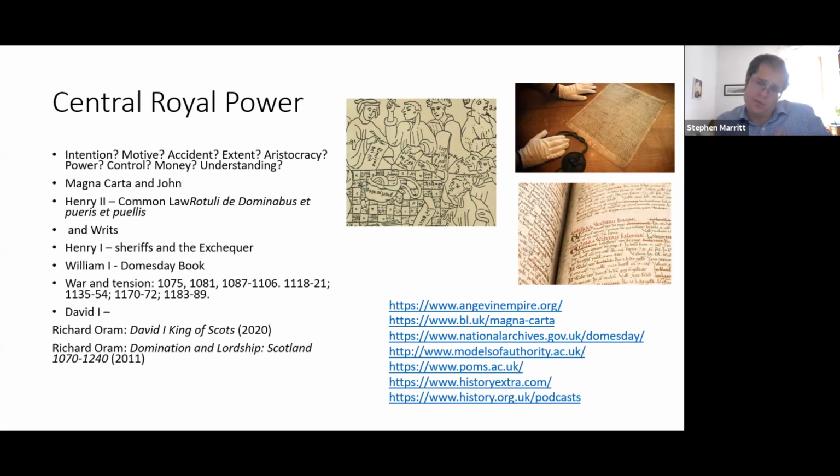I've put lots of the stuff for this on the right-hand side, but it means that when you're thinking about central royal power, there are different ways to consider it than the ways the traditional core spec wants you to consider it. The relationship between king and aristocracy is much more one of negotiation, compromise and debate all the time, not just at Magna Carta. And that has started to have an impact on how we understand David of Scotland, my favourite Scottish king, and the traditional Davidian revolution, where he transforms everything in Scotland.